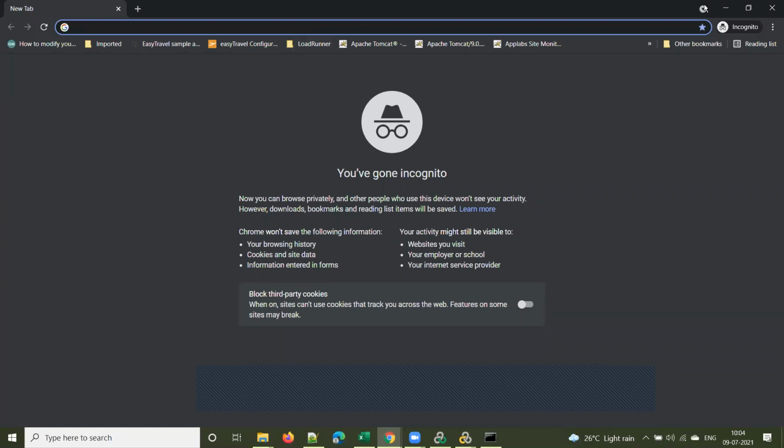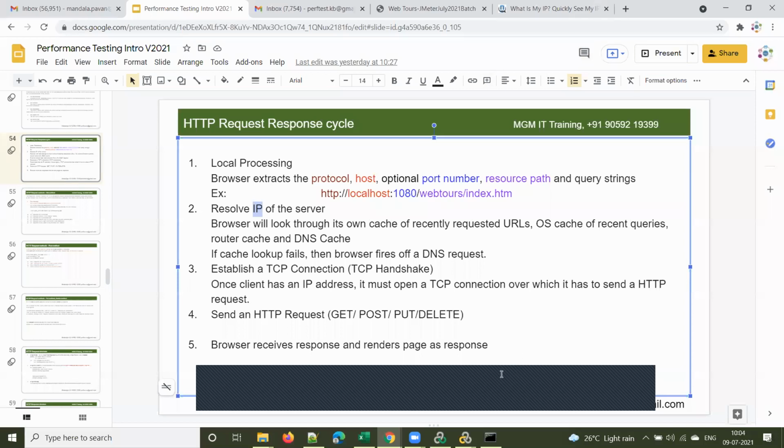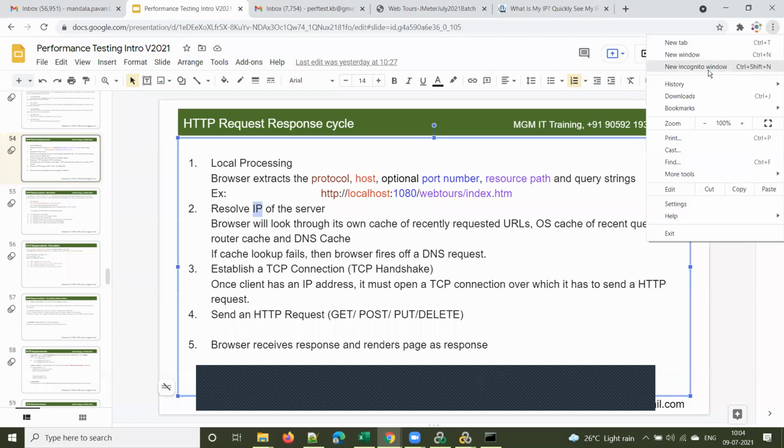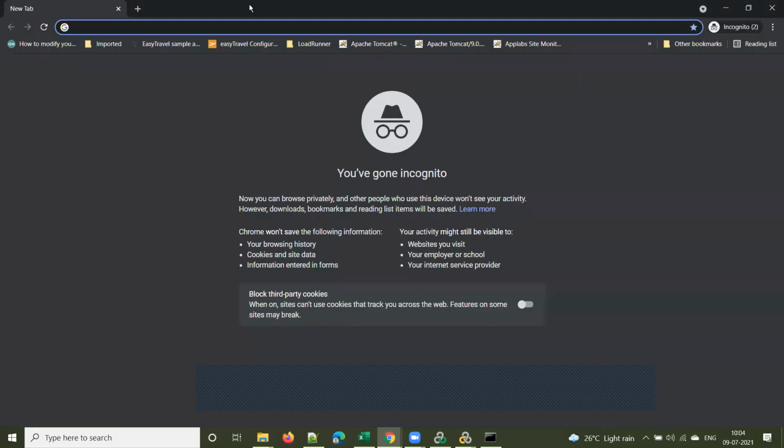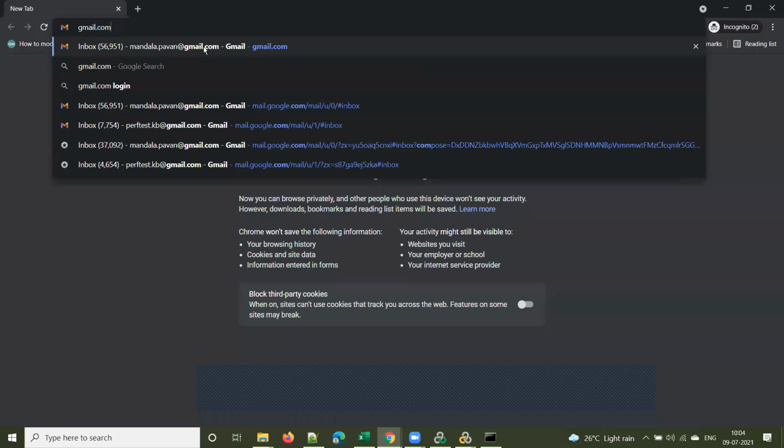So I'll explain. There is a difference between your normal browser and this private browser. This is called an incognito window, or a private browser. And the background color will be black by default. The whole background color will be black, right? Suppose dark mode.